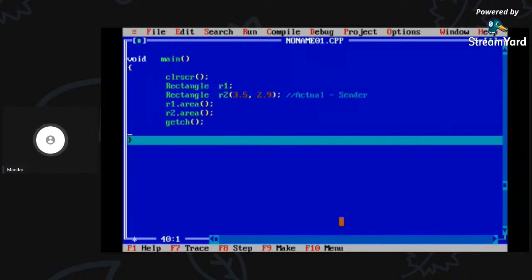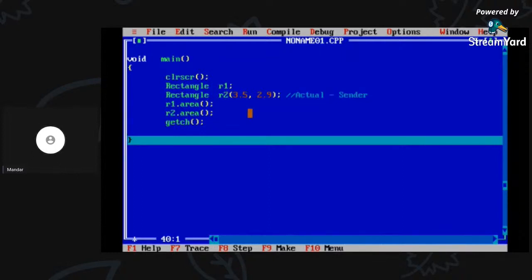So it means the destructor gets invoked automatically like the constructor. You do not have to call it explicitly. And when will it be called? Whenever the scope of the object is over. What is the scope of these objects R1 and R2? The scope of the objects is within this function main. So when we are trying to exit the function main, the scope of objects R1 and R2 is about to finish. That means they should not remain alive, they should be destroyed, and therefore automatically the compiler will call